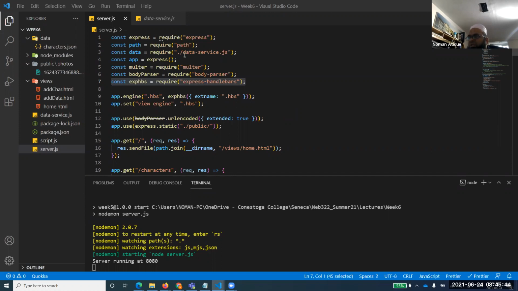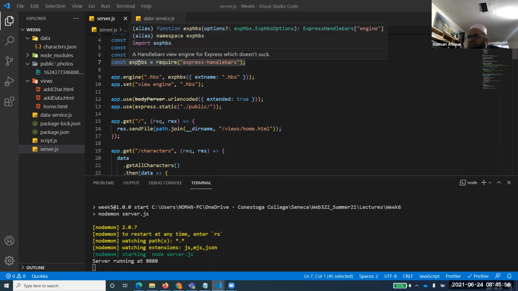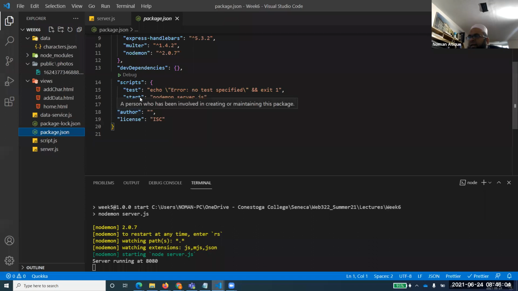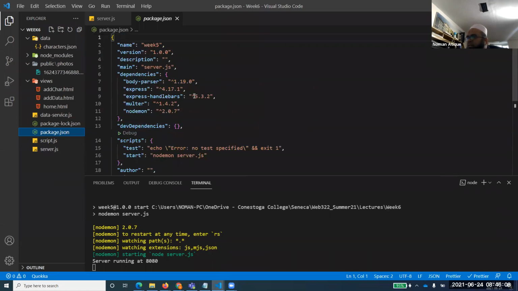So I'm just taking a quick review of the last class. I hope those who were in the last class probably remember, and those who are new here would just know quickly. So what have we done? We have added this express handlebars variable, like we have just required express handlebars. Not only that, we have installed it as well. If you see here in your dependencies, you will find express-handlebars version 5.3.2, whatever.